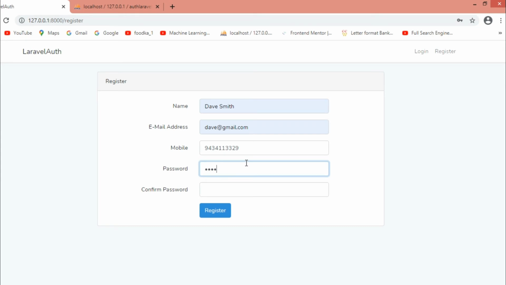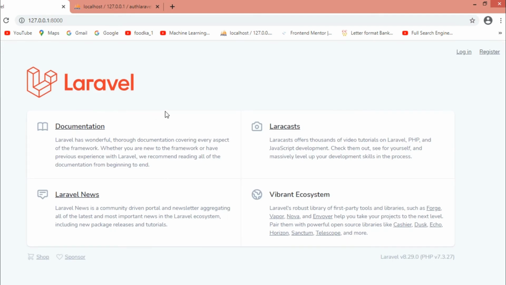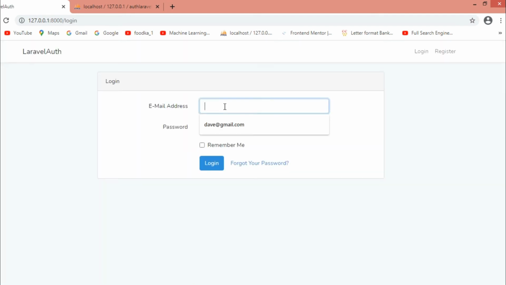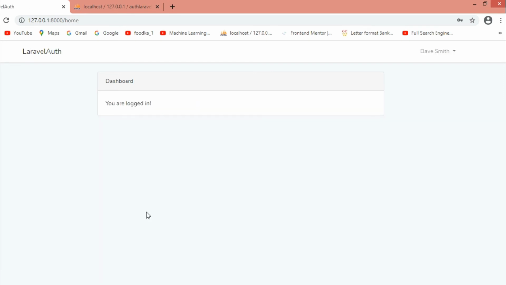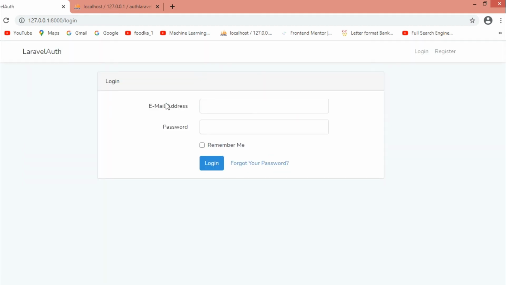Okay, now password. Let me register. You can see when I've registered with mobile, it is taking me to the home controller. So I am logging out, and as soon as I give the same credentials, it will still log in.